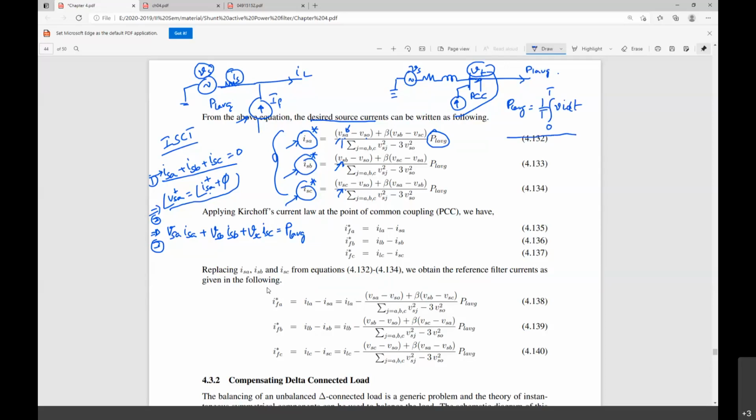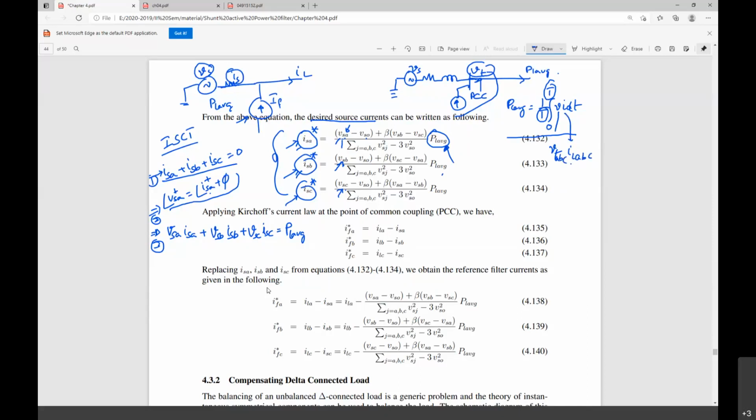Why I am telling these things is, here we are generating the source currents. Whenever you are deciding the source current, we need to sense the terminal voltage or the PCC voltage. Apart from that, we need to evaluate this load average power. In order to evaluate the load average power, this time period is dependent upon the frequency of the supply. We need to measure this voltage; the voltage here is VT and the current is the IL current, IL of all phases ABC and VT of ABC.